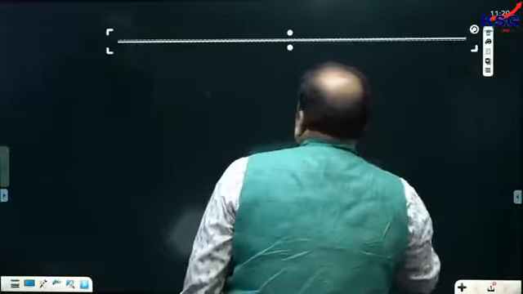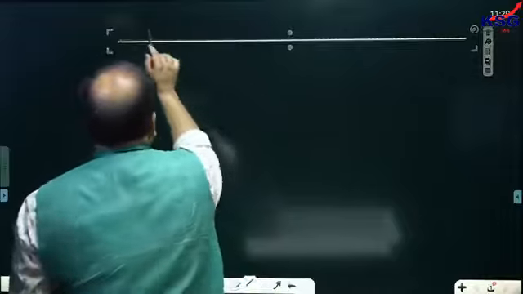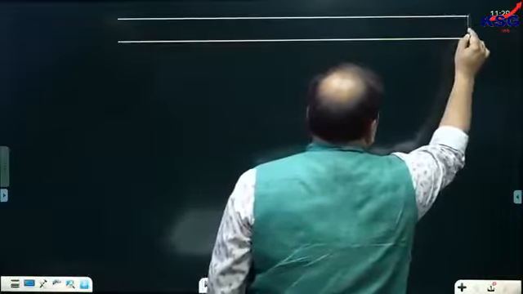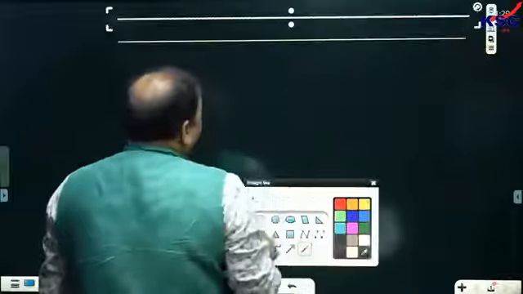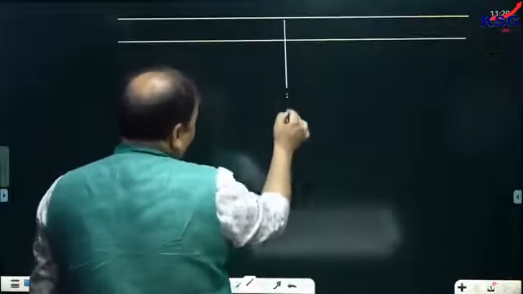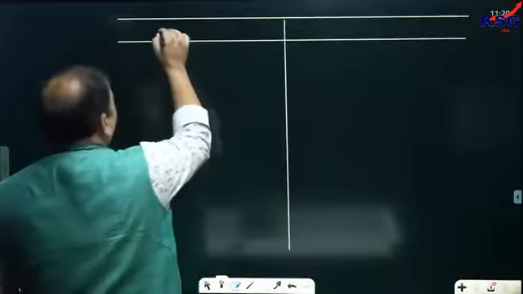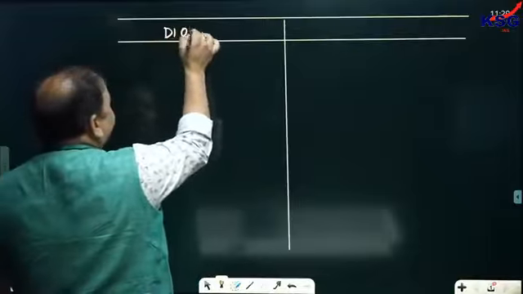And two toxic gases happen to be a matter of concern. One is your dioxins, and the second is furans. One is dioxins and second is furans. Now when we talk about dioxins and furans,